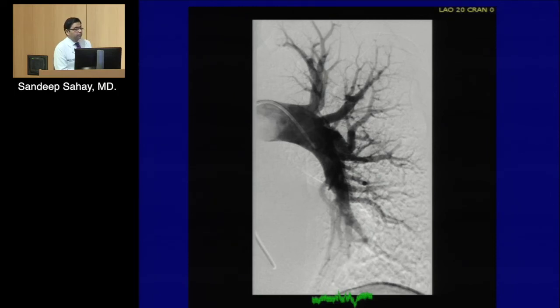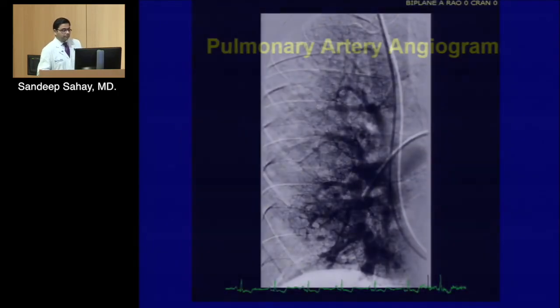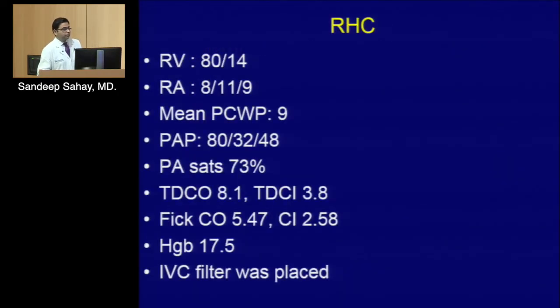Can I just ask a question? Before the arteriography, I was impressed, and maybe I missed something, at the disparity between the assessment of the right ventricular pressure on echo compared to what we saw at the right heart cath. And oftentimes, at least in my experience, the echo can overestimate the RV pressure. But how do you rectify these differences? And maybe I missed it, but how about